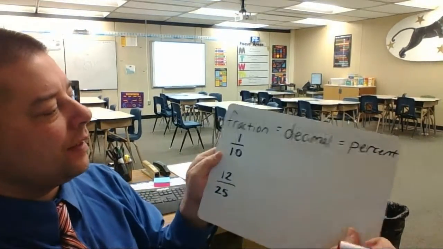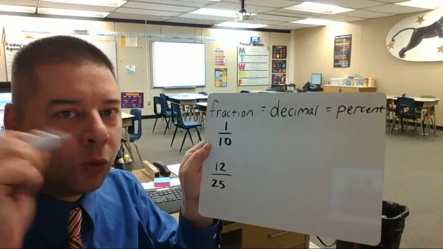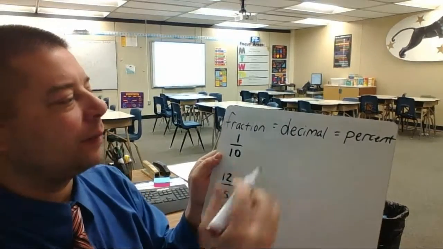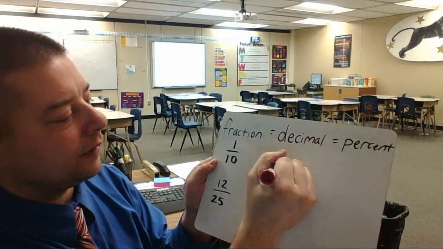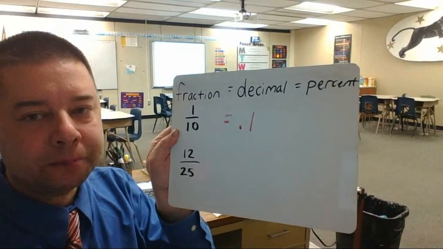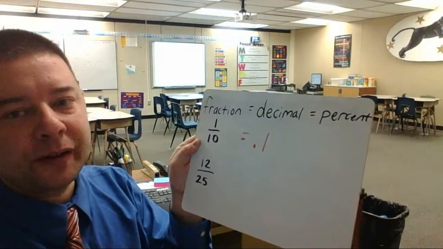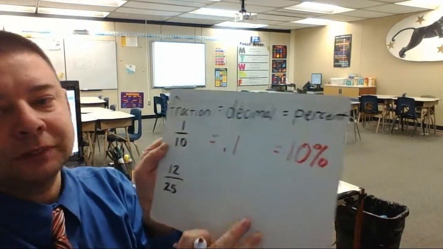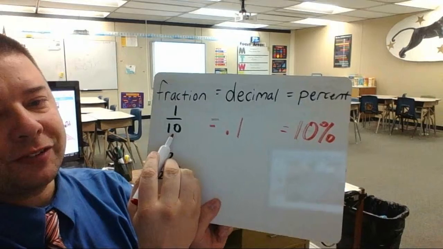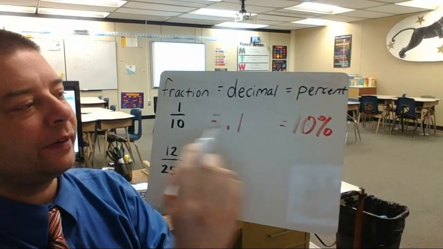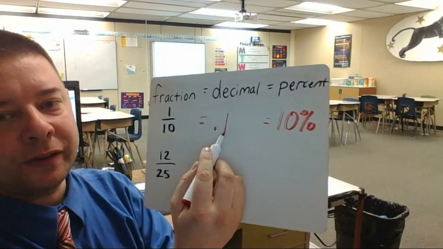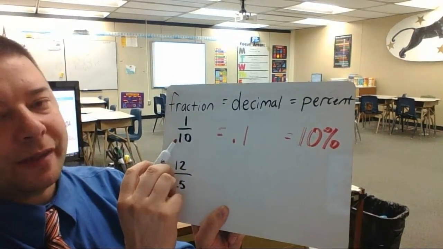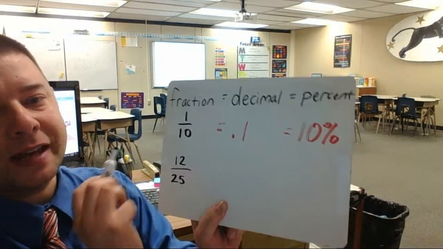Okay, another way I could do this is I could think 1/10. When I say 1/10, I'm thinking 1 and the tenths place. So I know that 1/10 is 0.1. As a percent, I can move my decimal to the right, and I come up with my percent of 10%. So either way you want to do that, if I multiply this to get to 100, I know it'd be 10 over 100, 10%, or convert it to a decimal first, then to a percent. That first method I shared with you, to convert this to be 10 over 100,